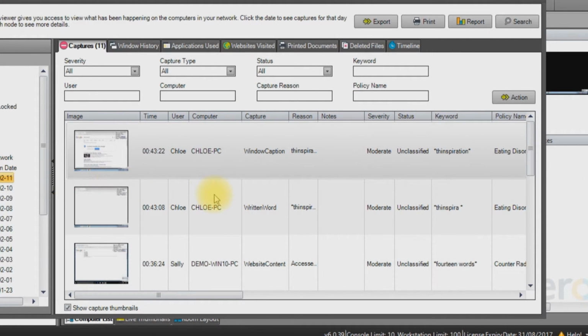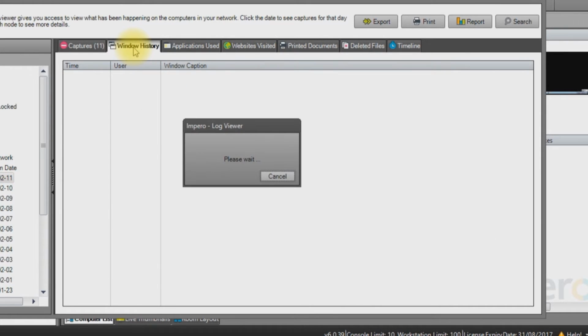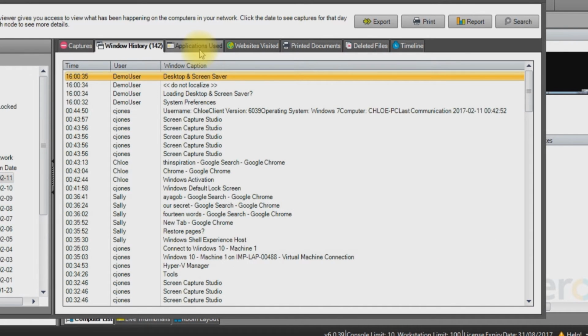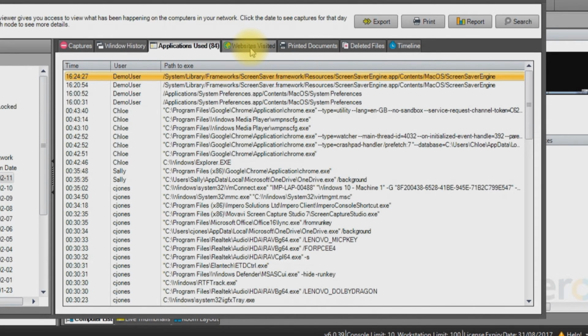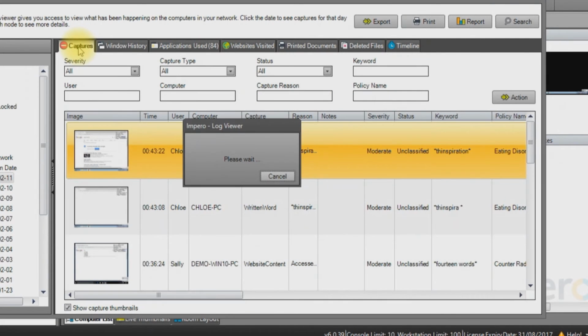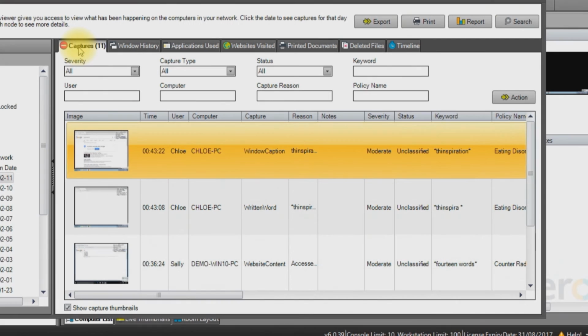As well as viewing the captures that have taken place, we are also able to see the window history for all of those devices, the applications that have been used, and the websites that have been visited. This gives staff crucial information about what happened before and after each capture was triggered, offering them additional context